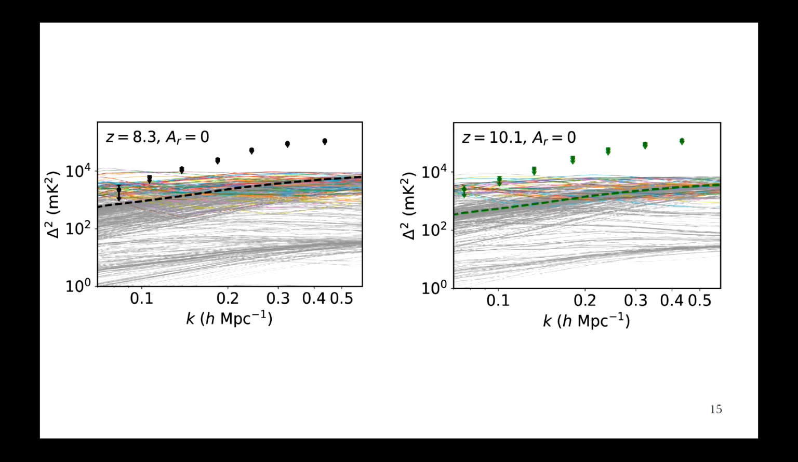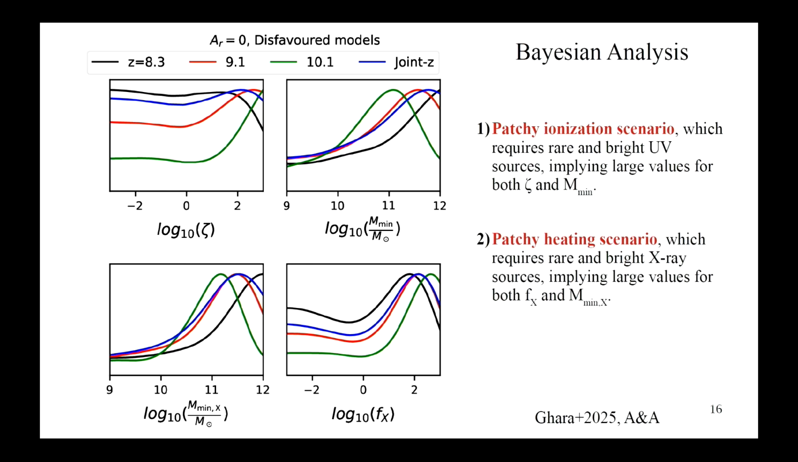The scenario is the same when we go for the other two redshifts, redshift 8.3 and 10.1. And when we do a Bayesian analysis, the results are presented here. What we found is that the disfavored models, and these are without any radio background, are pointing towards very highly patchy reionization scenarios or highly patchy heating scenarios. These models prefer high emissivity from the sources, high UV emissivity, and their number densities